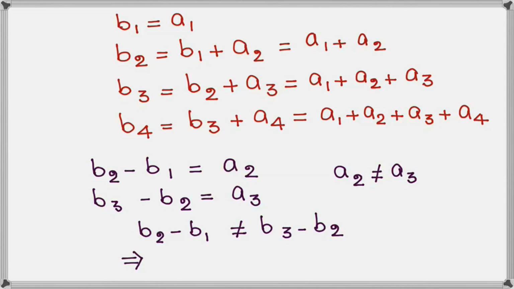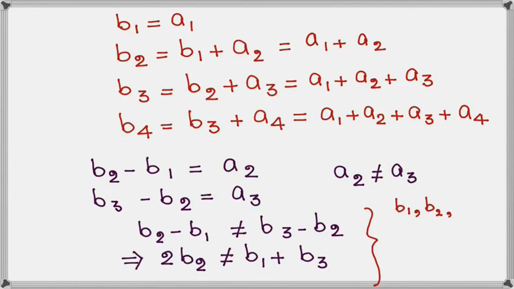So we have 2b2 is not equal to b1 plus b3. This implies b1, b2, b3 are not in arithmetic progression. So b1, b2, b3 and b4 are not in arithmetic progression. Next we check